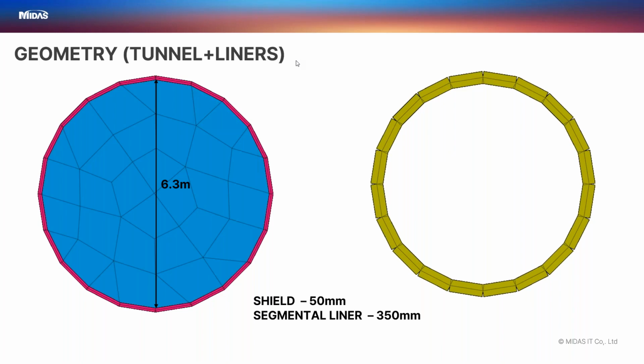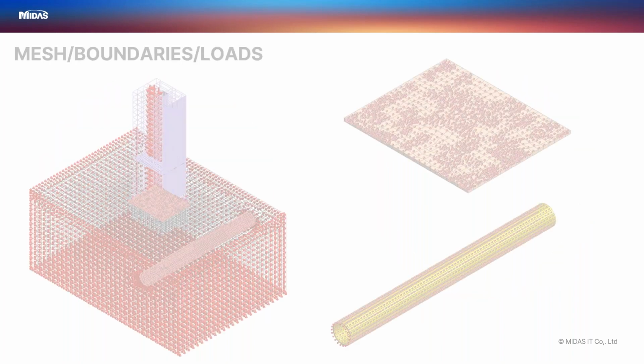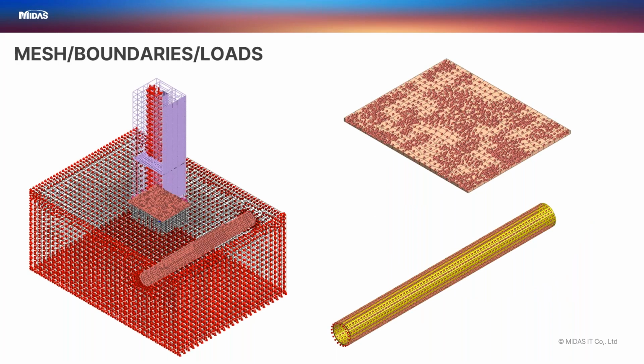So after the geometry, the meshing, boundaries, and loading part. So this is the normal ground boundary condition, that is X and Y are restrained in their respective directions, and at the bottom it is a fixed support on all sides. Now we have the change property option in which the mat footing sits on top of a 1 meter thick